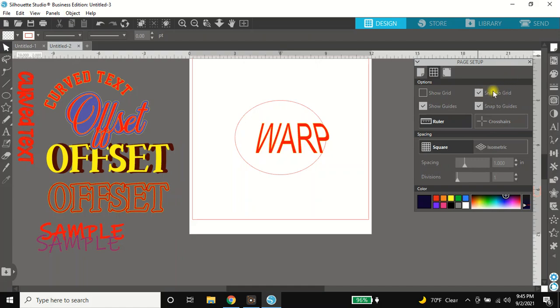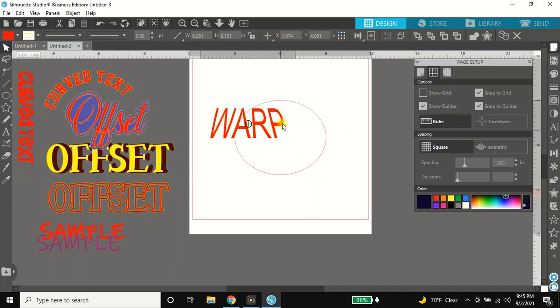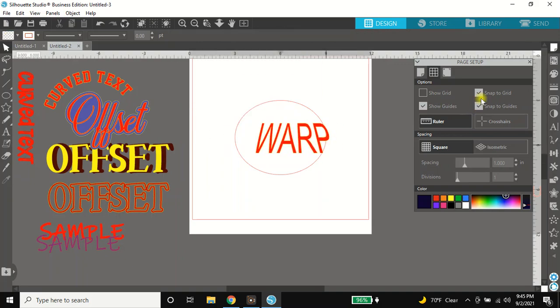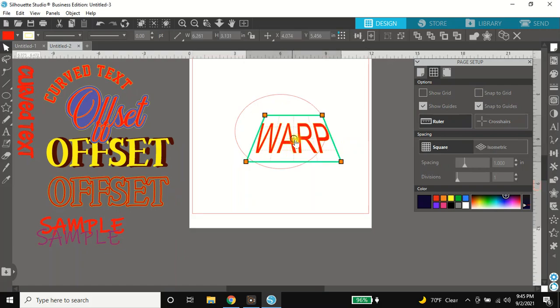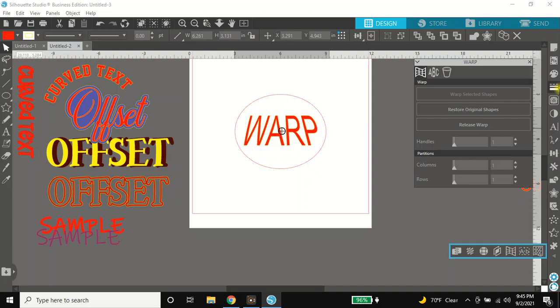this snap to grid thing right here, I take it off. It drives me nuts. You know what the snap to grid is? It's like when you're moving your text around, it goes in sections. It'll snap to each section. And, you know, I guess that's good if you're trying to set something up, but I don't like doing that, so I like to move my font around the way I need to move it around. Okay, so I'm going to put this in the center there,